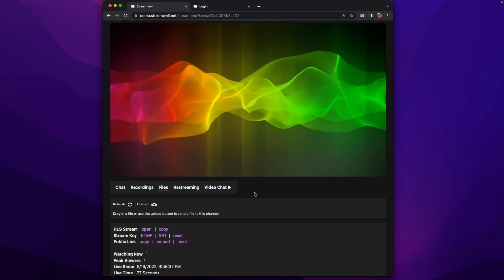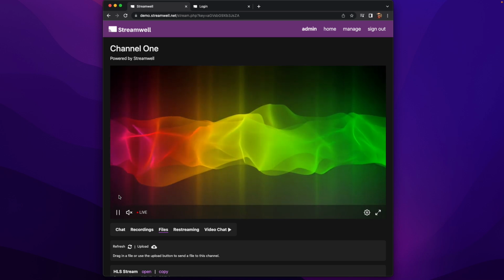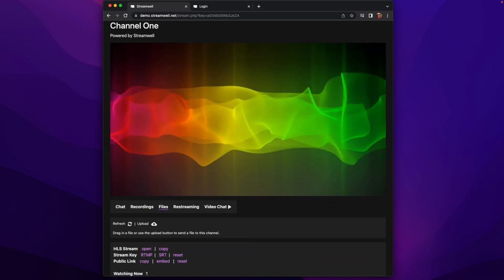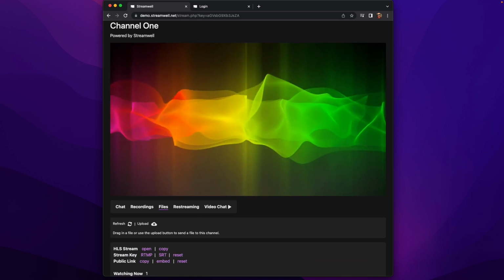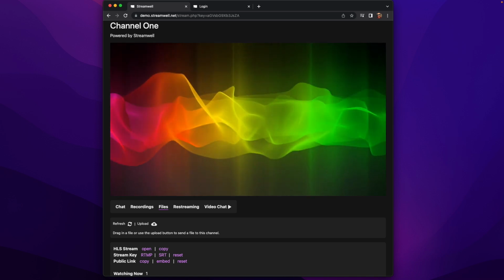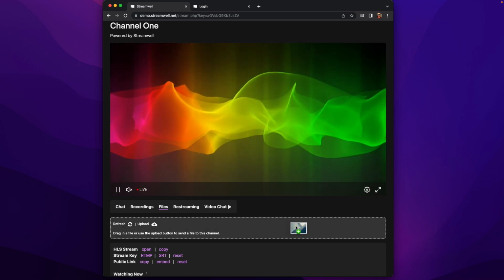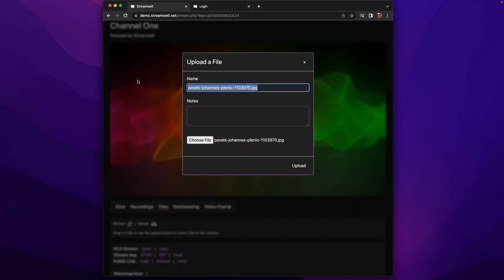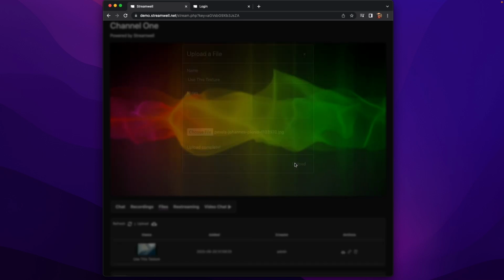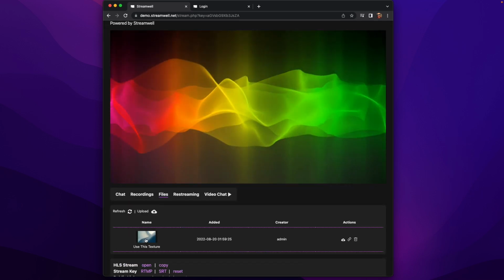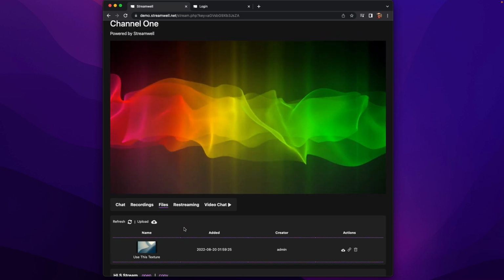What about other types of files? So maybe you're sitting here, you're showing off a video, and somebody says, I would love to see something different on this. I'd like to see this sort of texture, and I'm just going to share that by dragging it in. So you drag in a file, and you could even say, use this texture. And there you go. So now the file is available to anyone who is logged in and looking at this